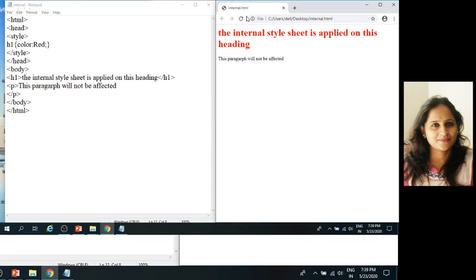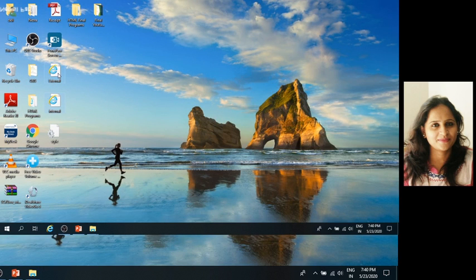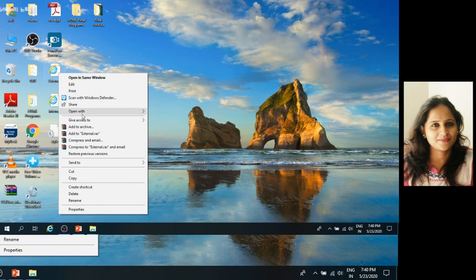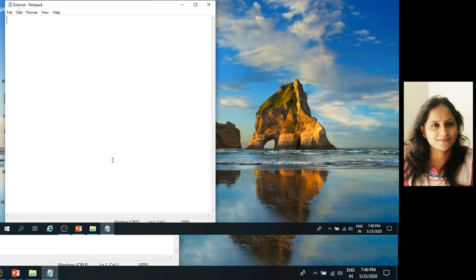Okay, next type is external CSS. First of all, what is external CSS? The external style sheet is generally used when you want to make changes on multiple pages.